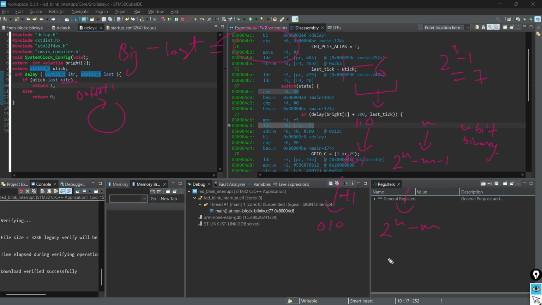Now you also know that, see, let me show you. This is the unsigned representation of a 3-bit register: 0, 1, 2, 3, 4, 5, 6, 7.